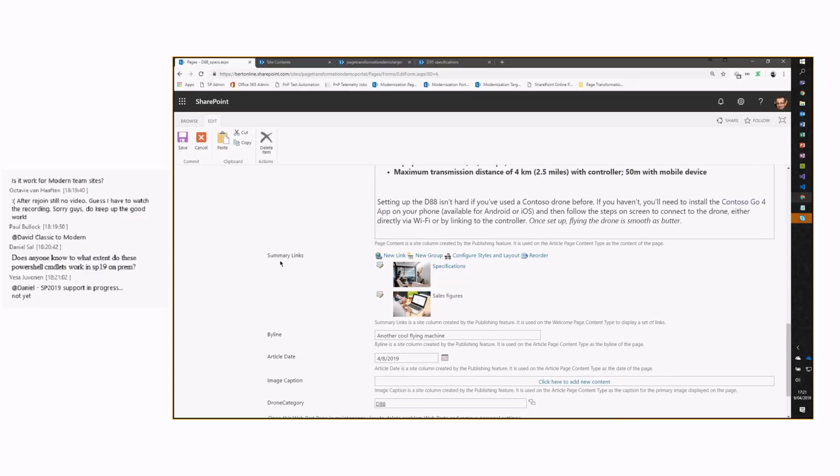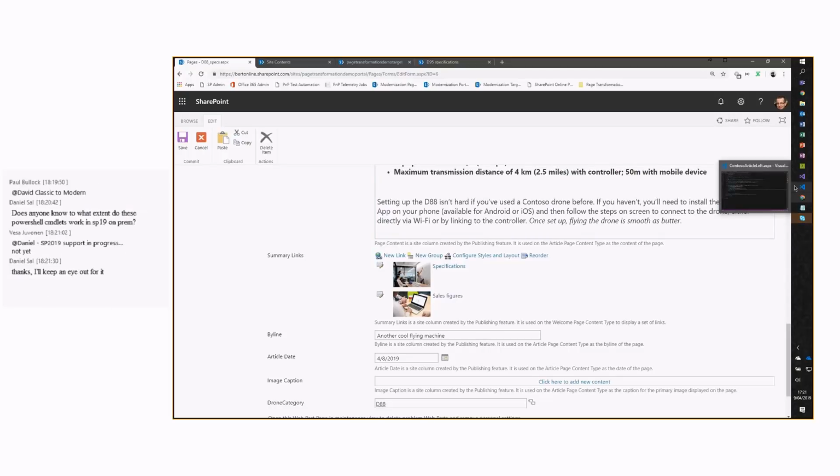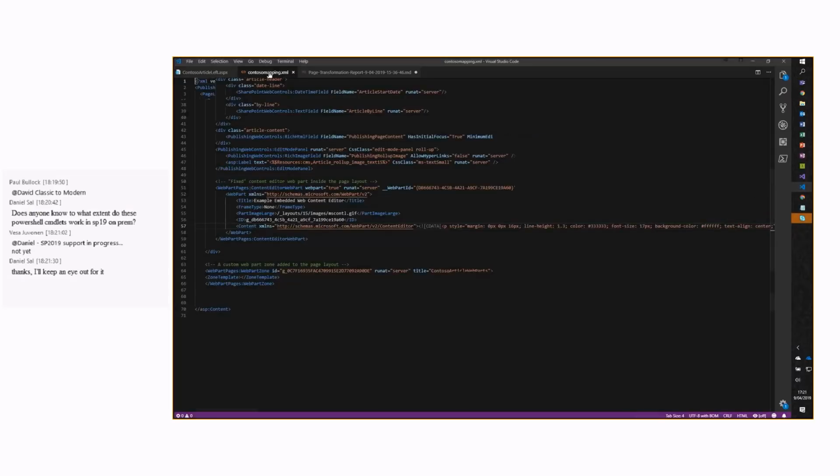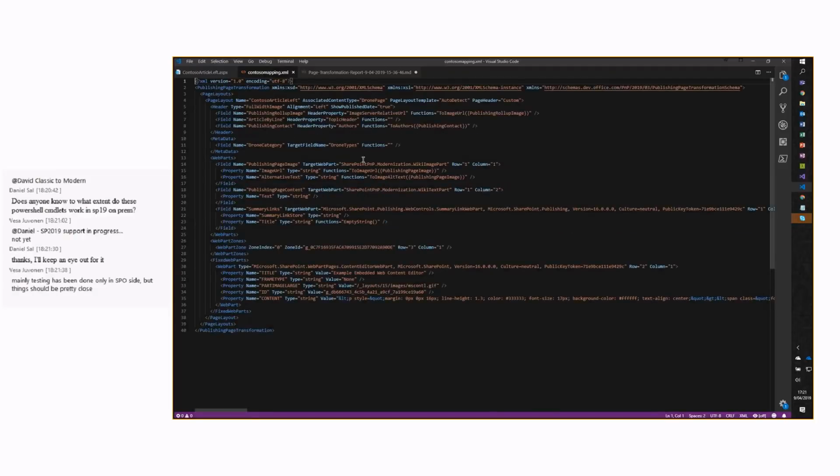You can imagine that it's quite hard to automatically figure out where to put what, etc. So that's why we have introduced the concept of a page layout mapping, which is an example over here. Now, why was there no page layout mapping in the previous page? Because there wasn't